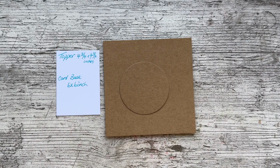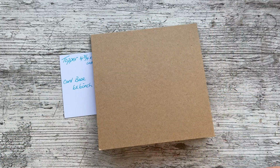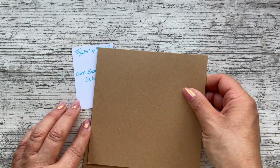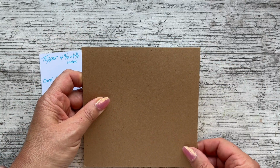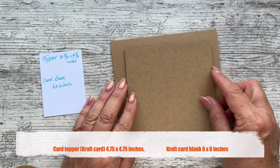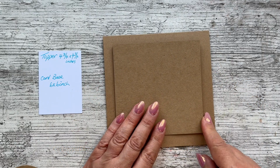So I'm going to start off, let me see if I can find it. There we go. I've got my card base. It is a pre-made card base, so it's for a 6x6 inch envelope. So I put 6x6, but it's actually about 1/8 of an inch shorter than 6x6, but that's fine. And onto there I'm going to put a topper, and my topper is 4 3/4 by 4 3/4, a nice